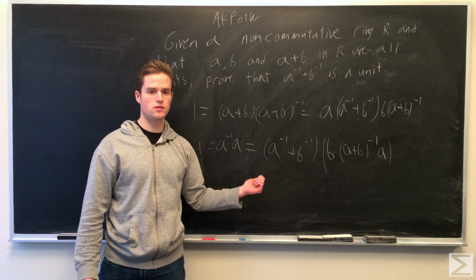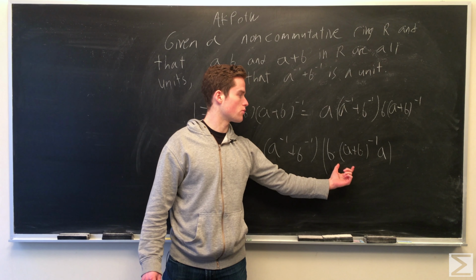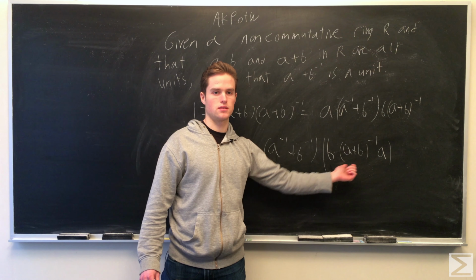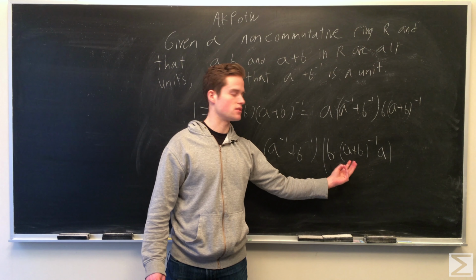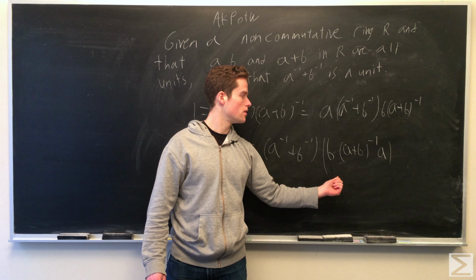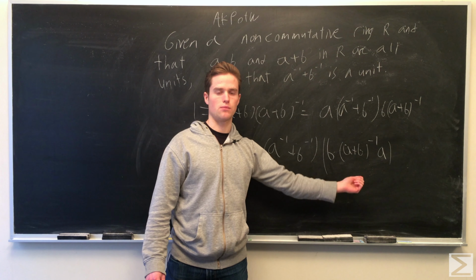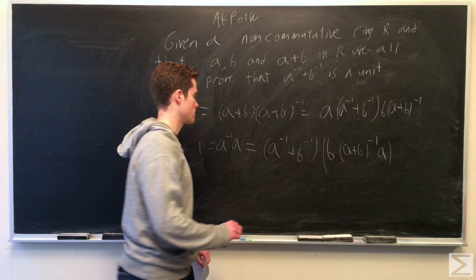To get the left inverse, we just multiply by the inverse of this whole thing on the right. Note that since this is a product of three different elements, each of which are units, the product is clearly a unit, so we have an inverse. So multiply on the right and left, on the right by the inverse, on the left by the same thing we have, and we get